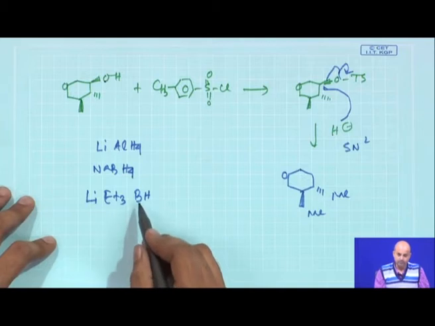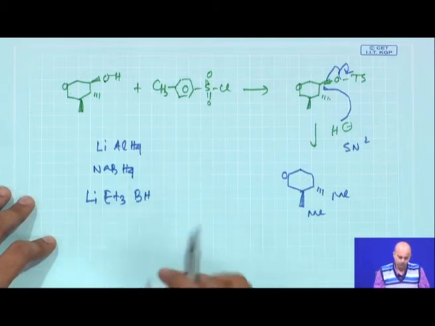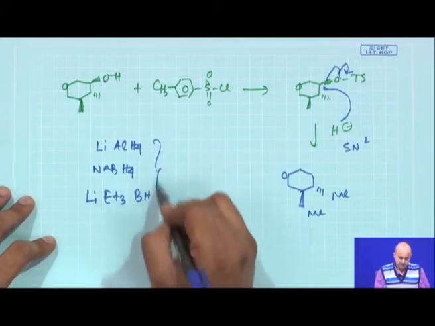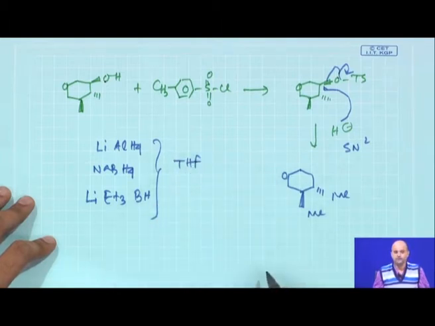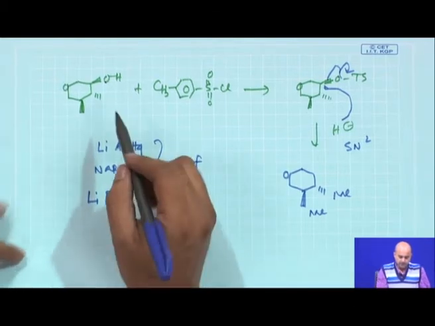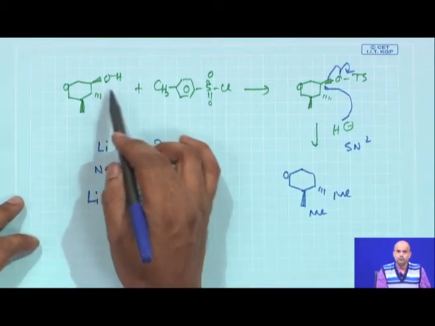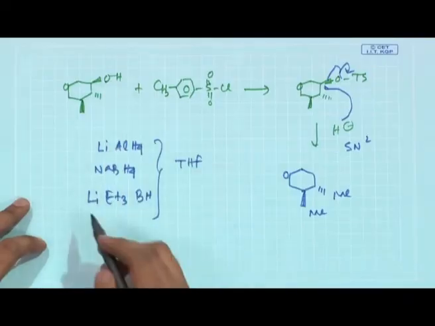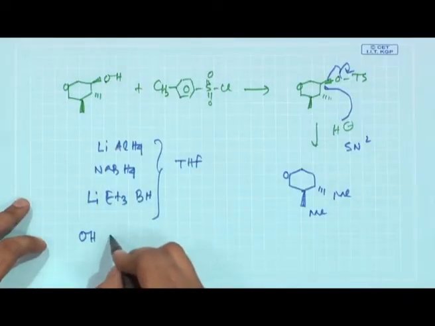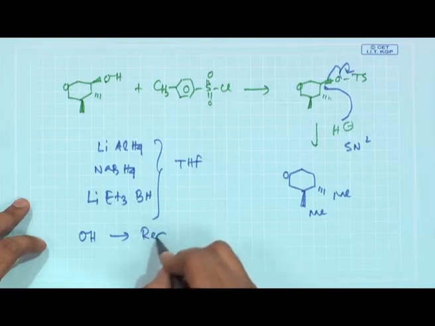This is a very good hydride source, and in general the solvent chosen was THF. Now, in terms of another useful conceptual analysis, this hydroxy group is now termed a redundant functionality,